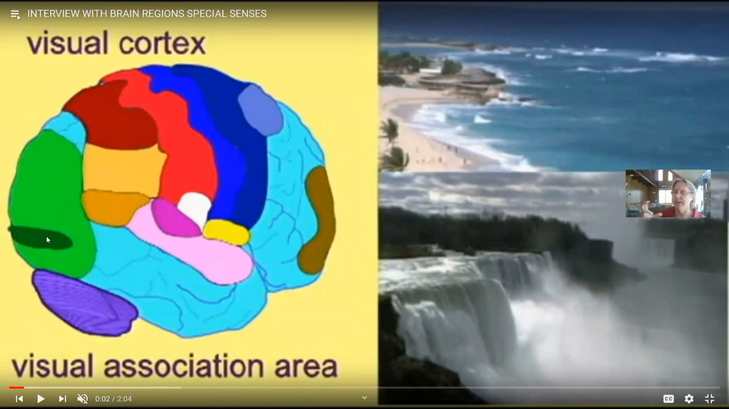The visual cortex is the area where we're just kind of getting information about vision. So you're seeing things. But then around the visual cortex, we have what's called the visual association area, because we don't just see things, we interpret. We realize, oh, that's a dog, that's a tree, that's the face of a friend of mine,